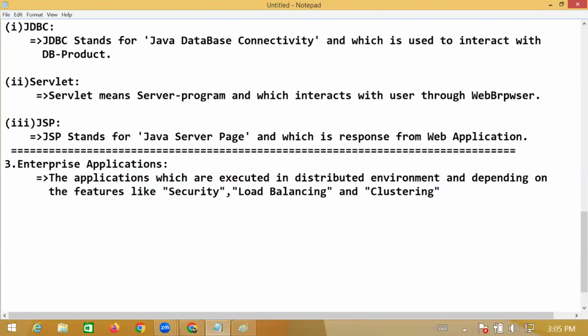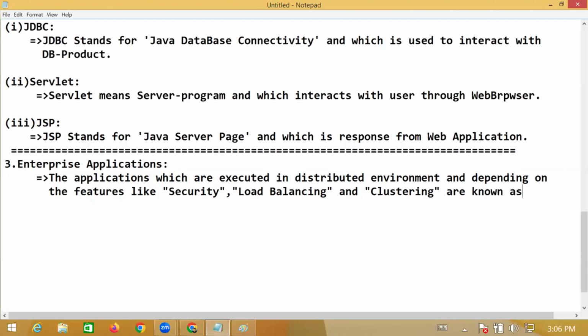Underline security, load balancing, clustering. The applications which are executed in distributed environment and depending on the features like security, load balancing, and clustering are